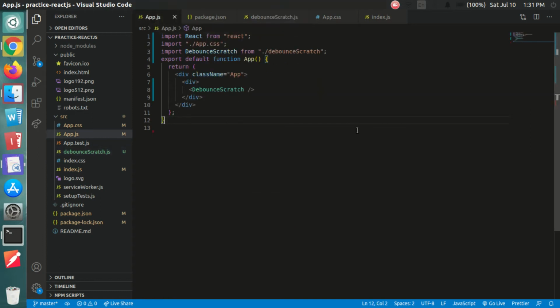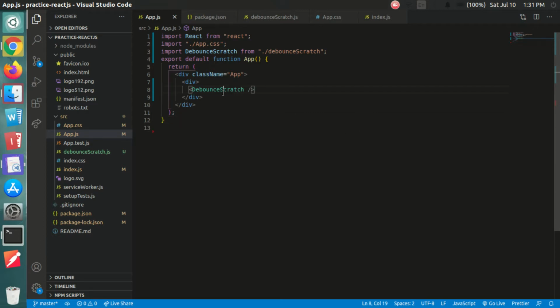Everyone. In this video, we'll learn about how to implement debouncing in React.js in three different methods. So debouncing is used for optimizing the performance of a web app. It is done by limiting the rate of execution of a particular function. Now, what does that mean? We'll learn that through an example. So let's just quickly go through the code.